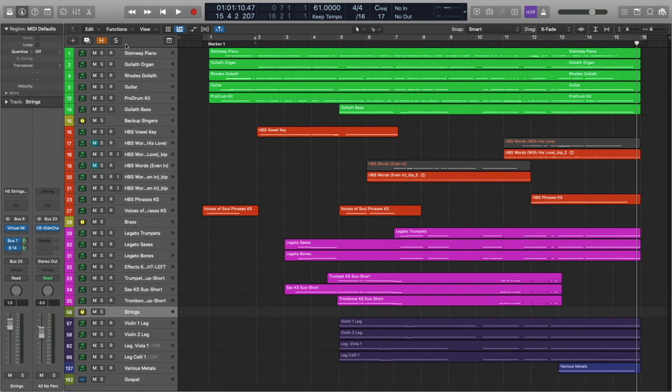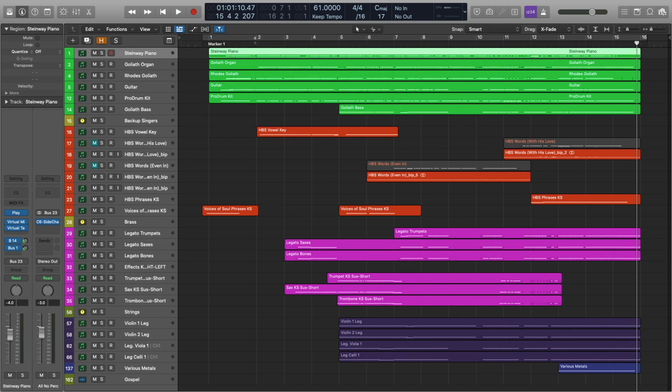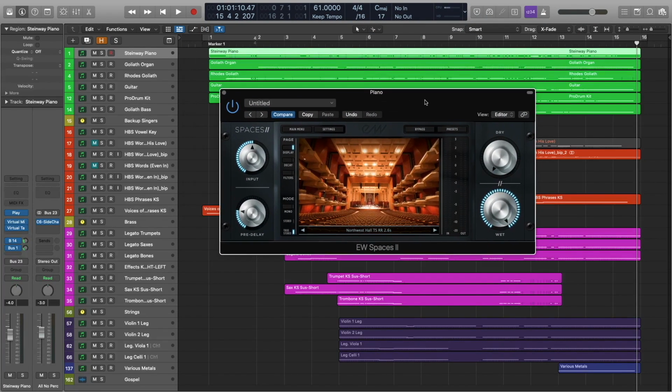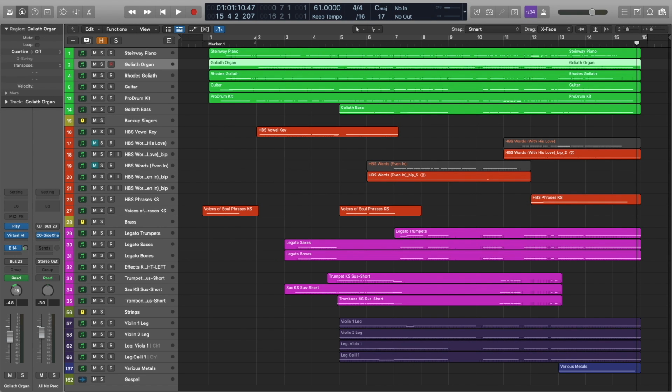And we will start here with the piano. So the piano is being sent to my stage reverb, which is the Digital Hollywood Hall with the 2.7 second tail. And it is also being sent to the Northwest Hall rear room. The organ is also being sent to the stage reverb.